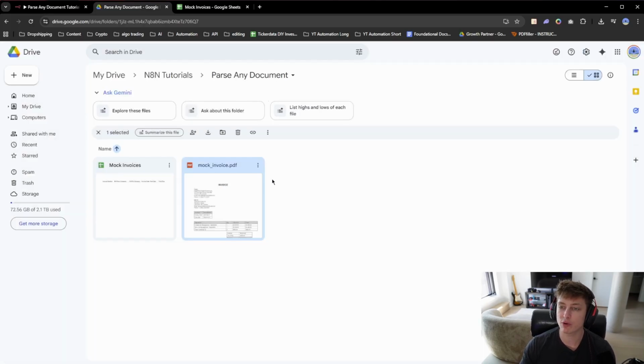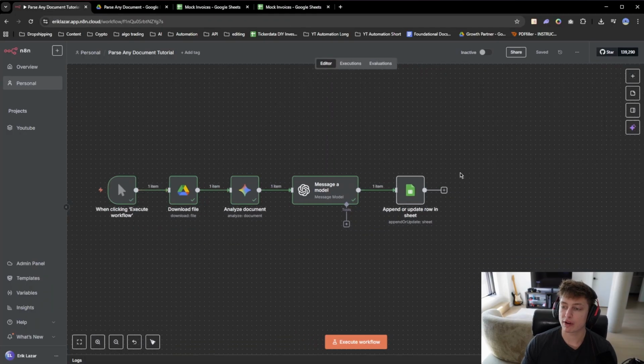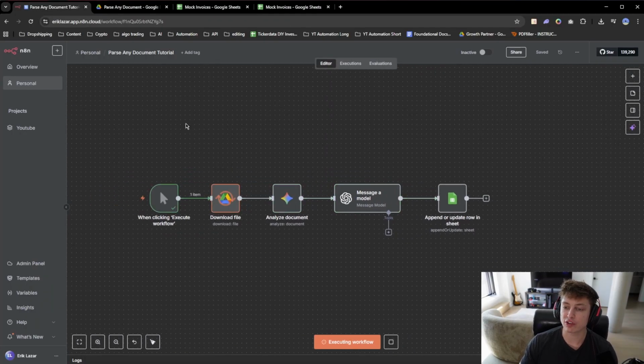So here we have the invoice, and I also made a Google Sheets here that has invoice number, bill from company, bill to company, invoice date, due date, and total due, money-wise, and this is what I'm going to try and parse out here. So if I go into my workflow here and I just click execute,